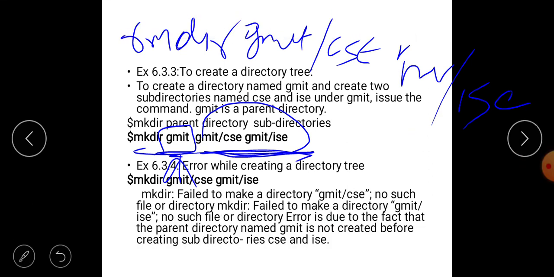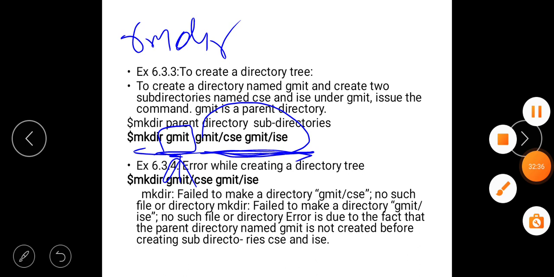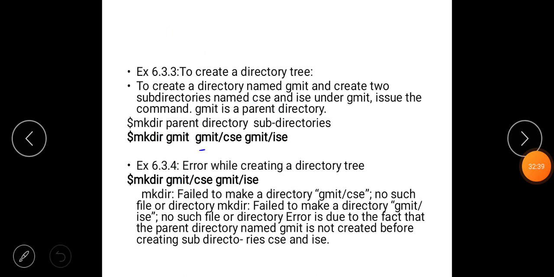It is the ulta process of our mkdir. You should mention the subdirectories first, next the parent directory, so we can remove the parent directory, because while removing, your parent directory should be empty, so only then the remove directory works, otherwise it will give an error message.